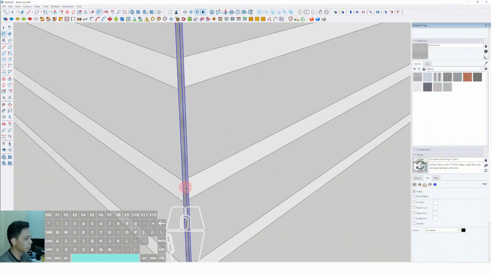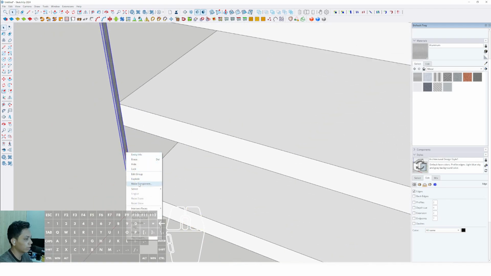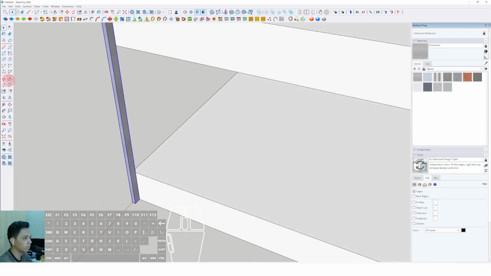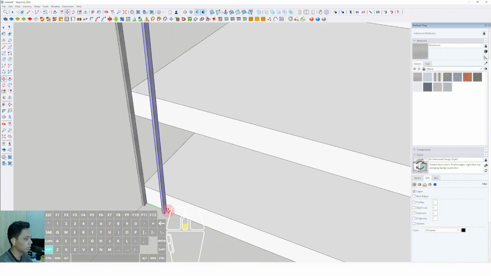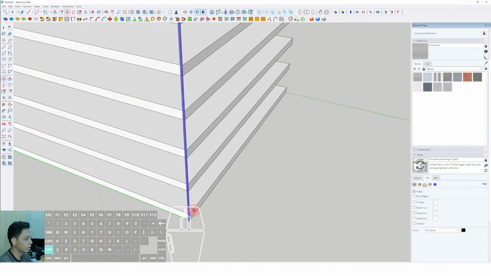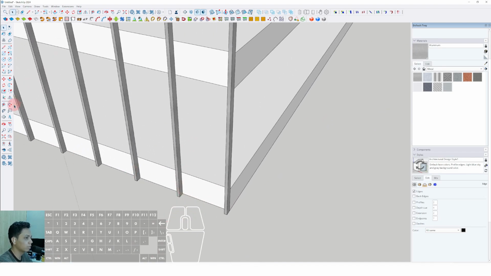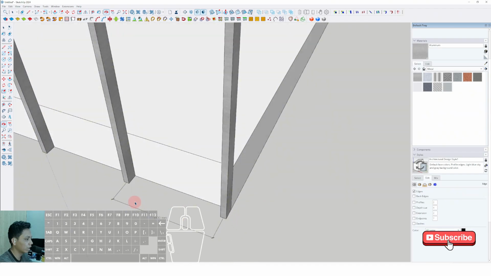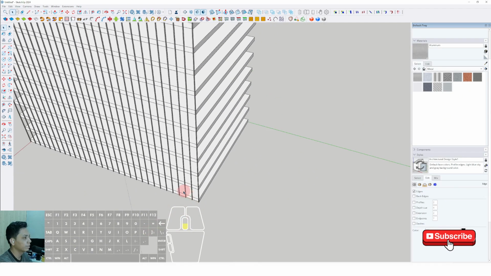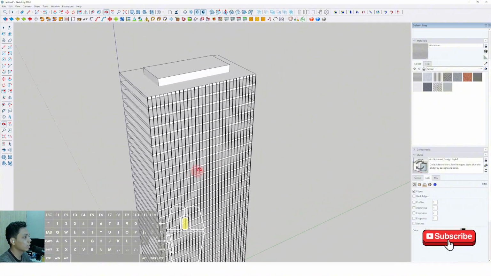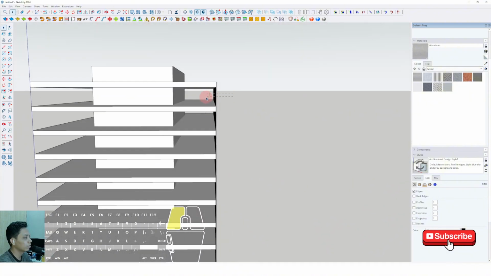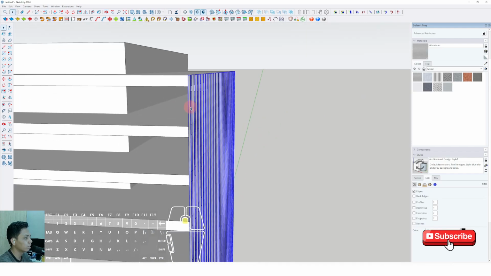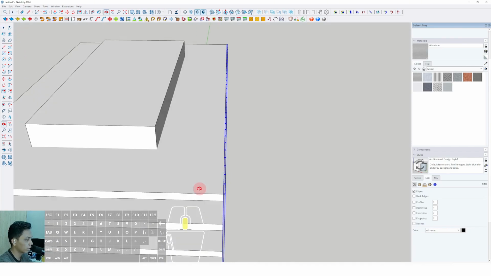Okay, and set the aluminum, and right click and make component, create, and then we can select a move, press Ctrl, and place to this position. Then we can type 30 slash enter, and now we can see about the dimension. Okay, this is about the dimension and distance of every single vertical frame. And then just select all of the vertical frame here, right click, make group, and select move,